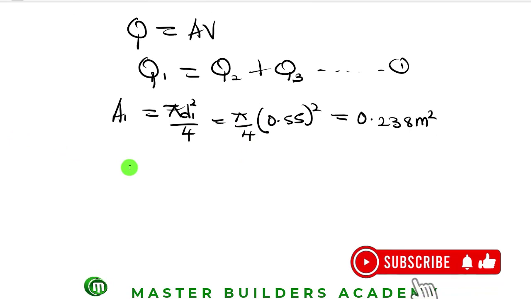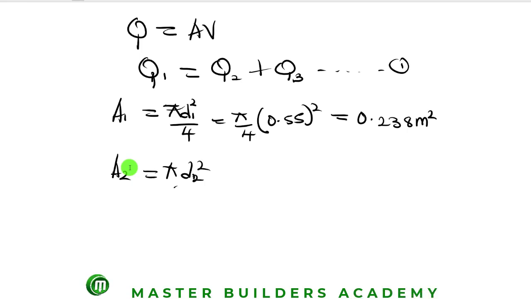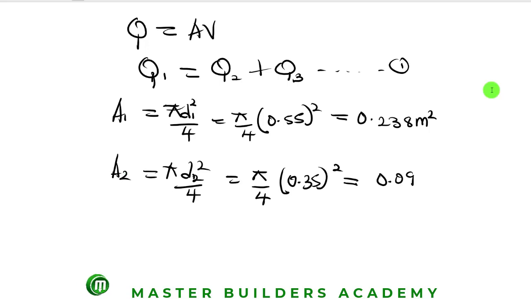Then to find area 2, this will give us pi d2 squared all over 4. And then we have pi over 4 multiplied by 0.35 squared. And then this will give us 0.096 meters squared. Then area 3 will also give us pi d3 squared over 4, which is equal to pi over 4